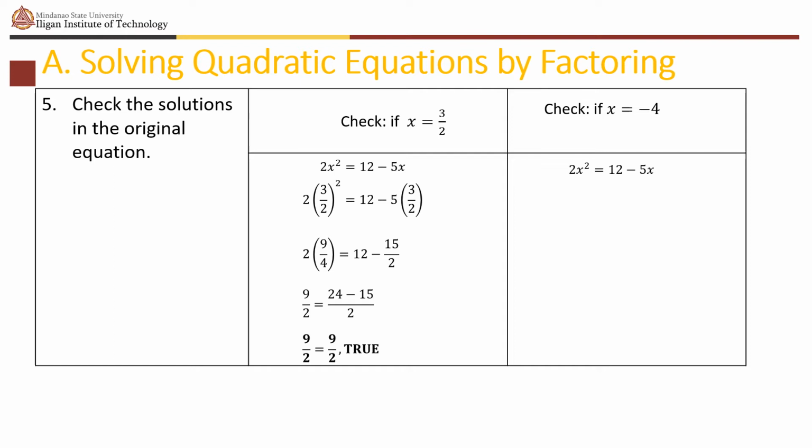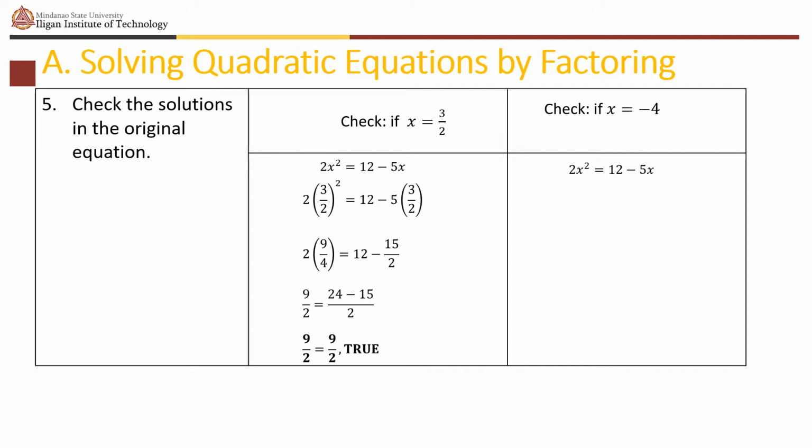Therefore, when we multiply 2 with 9 over 4, we come up with 9 over 2. And when we get the LCD of 12 minus 15 over 2 here, we'll have 2 as the LCD times 12. 2 times 12 will give you 24. You have 24 minus 15. So it's true. When we check for the value of the original equation and using x equal to negative 4,